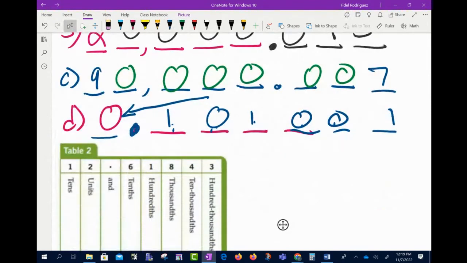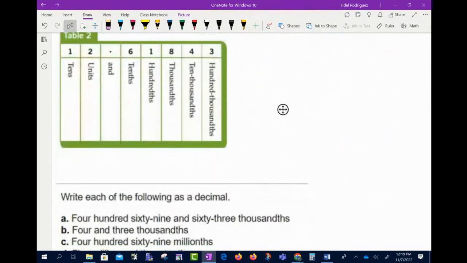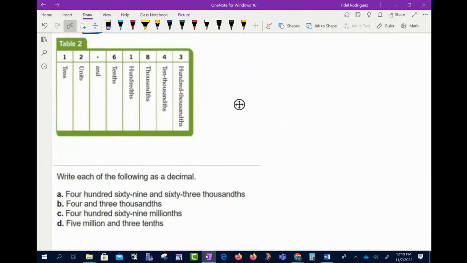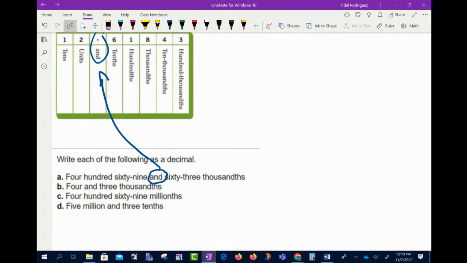Okay, let's take a look here at the next part, y'all. Let's see what we got. So again, when I'm thinking about how to write our numbers, and we're going to try to figure out how to write this kind of number here, remember, the most important thing is that the "and" is always going to be where our decimal point goes. So when we write these out, it says 469. I know how to write 469, so I'm going to do it right here. 469. Okay, it says and